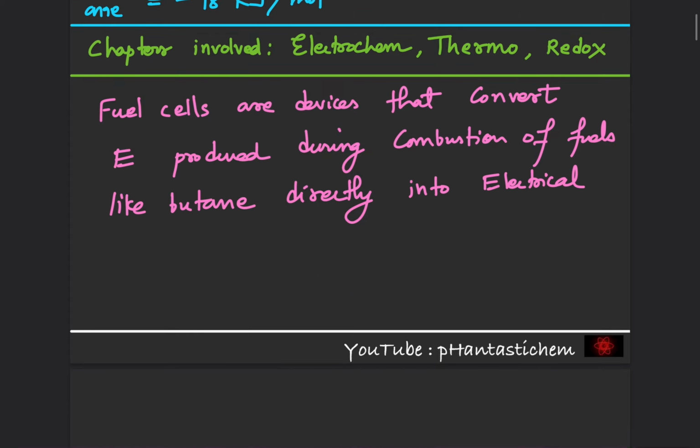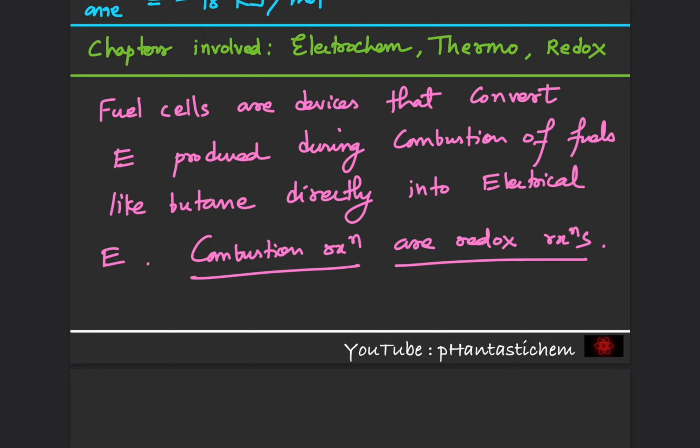So it's a type of galvanic cell, and this is possible because combustion reactions themselves are redox reactions. And the butane oxygen fuel cell involves combustion of butane, and the reaction will be